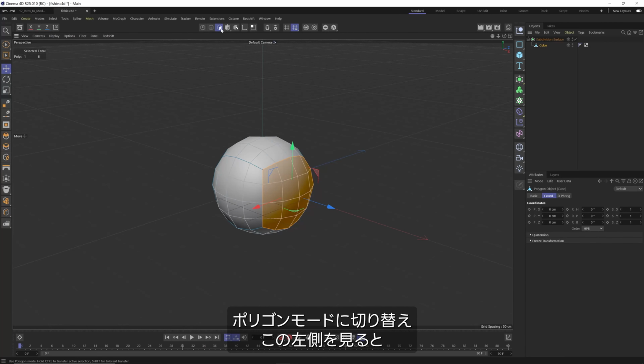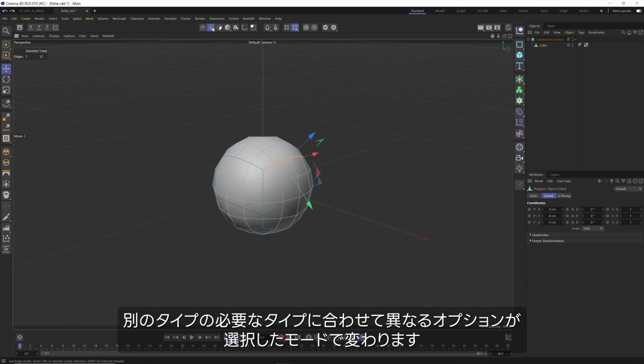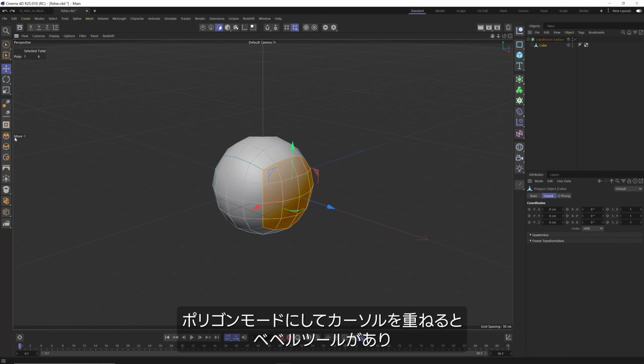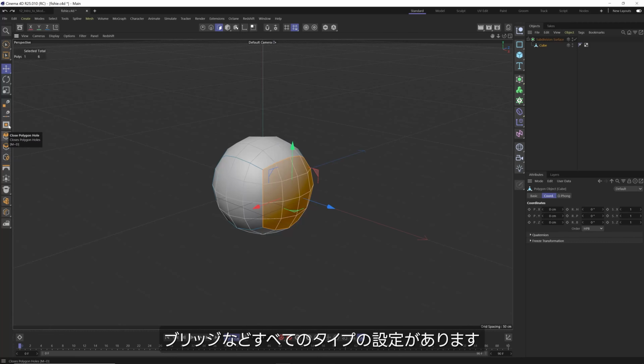I'm going to go into my polygon mode. And you can notice on the side here, we have a dynamic palette that changes depending on what mode you're in. And it tries to give you all of the different types of options that you might need when you have that mode selected. So when I'm in polygon mode, if I just hover over here, we have the bevel tool here, we have an extrude tool, the inset, which is inner extrude, bridge, all this type of settings here,